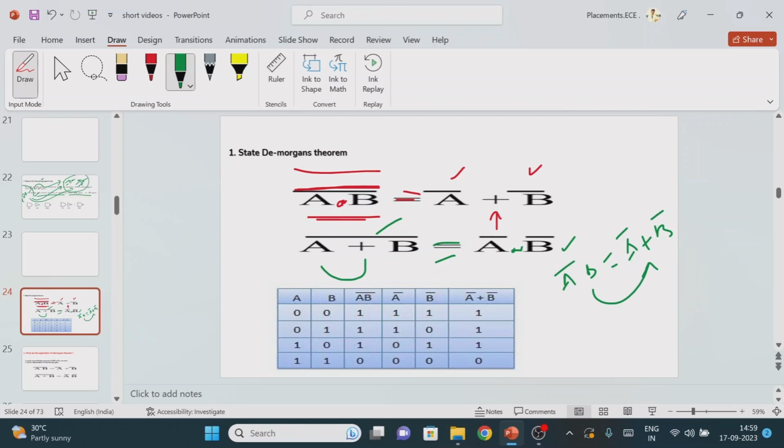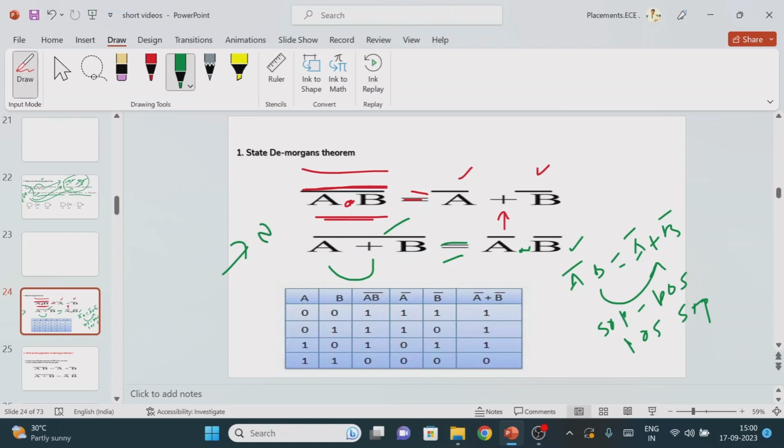One application of De Morgan's theorem is that we can convert the SOP function to the POS function, or the POS function to the SOP function. One more application is when you convert any logic circuit completely into NAND representation or NOR representation, there we apply De Morgan's theorem. If you want to verify whether it is correct or not,